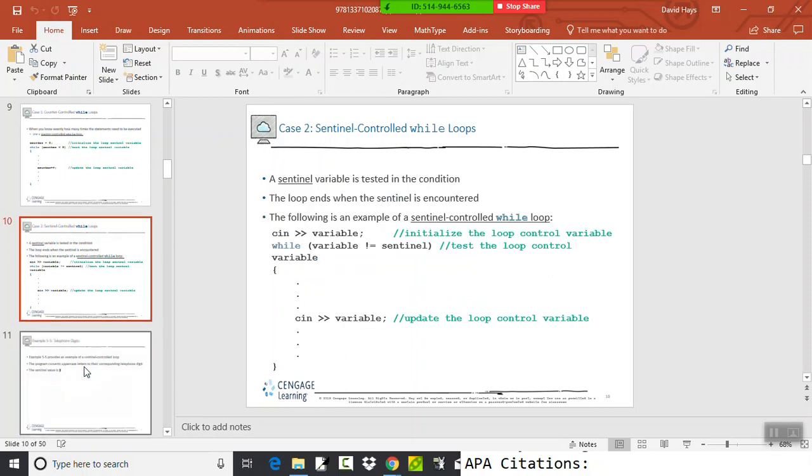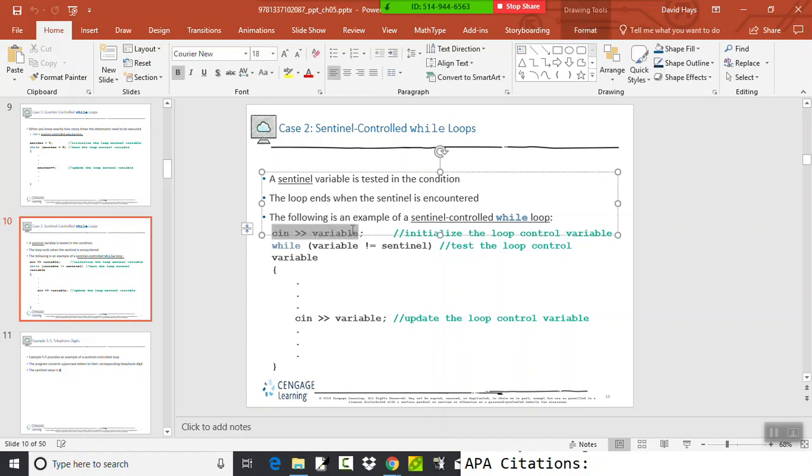Okay, sentinel variables tested in the condition. Loop ends when a sentinel is encountered. Don't think that sentinel means anything special. It's just variables we're working with. Okay, the following is an example of a sentinel-controlled while loop. And so initially, we're going to bring in a variable from the user. While a variable is not equal to the sentinel, then